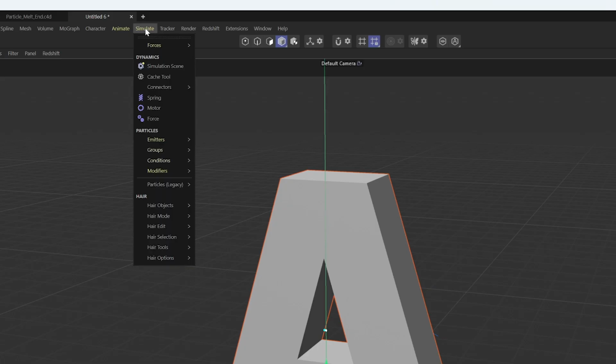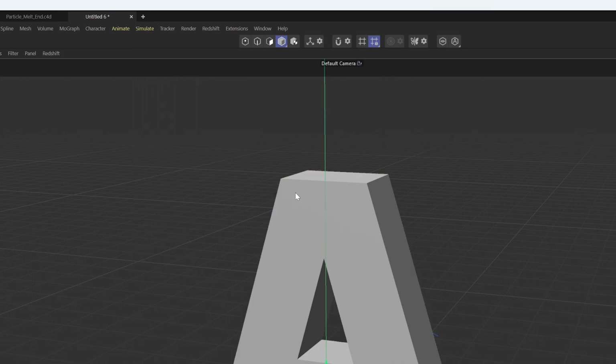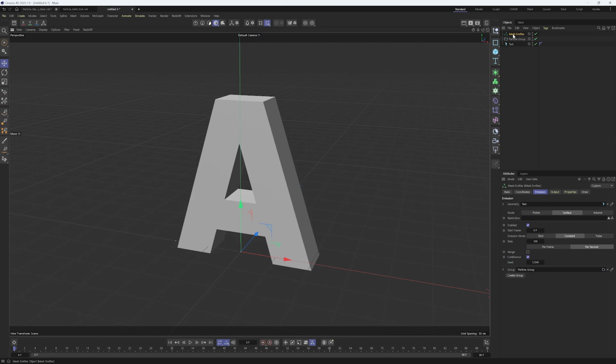So what we're going to do is go to Simulate. This is where all the particle stuff lives. And we're going to go to Emitter, and we're going to choose Mesh Emitter. And this is really cool because it allows you to emit particles based off of a mesh. And because I had that MoText object selected, it's going to automatically throw that text object in the geometry slot